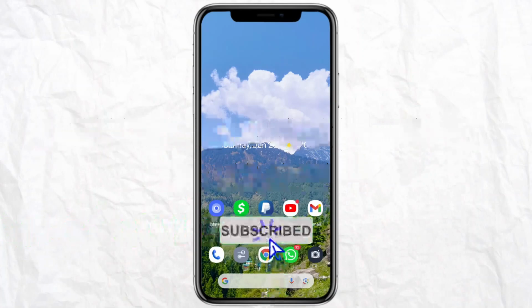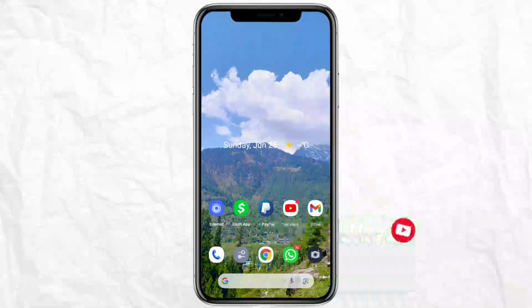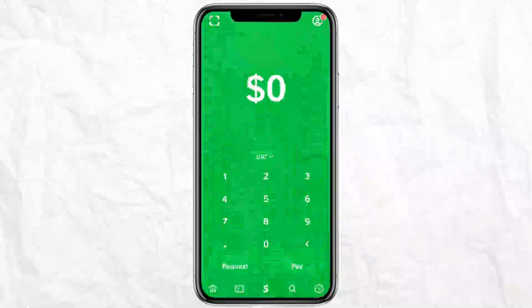In today's video, I'm gonna tell you how to link your Chase Bank to Cashapp. Make sure to watch this video till the end to know how you can successfully link your Chase Bank to Cashapp. So first of all, just open your Cashapp account on your smartphone, and here you will see this profile